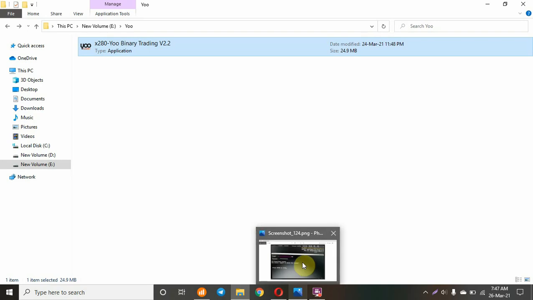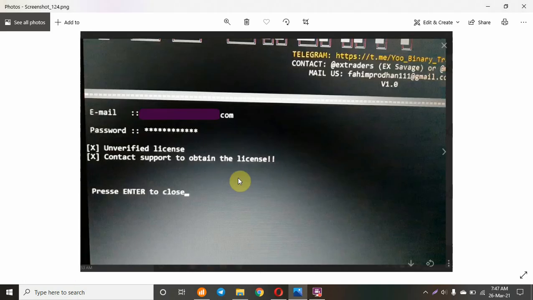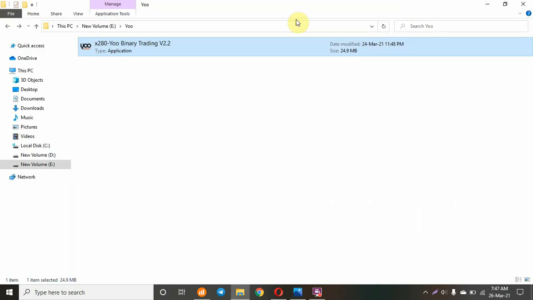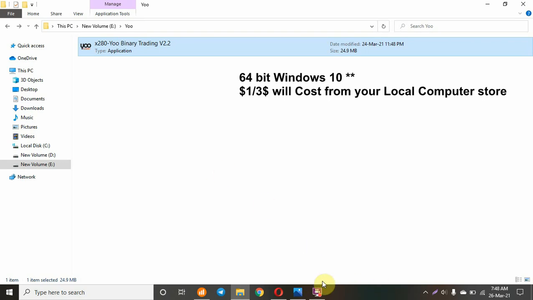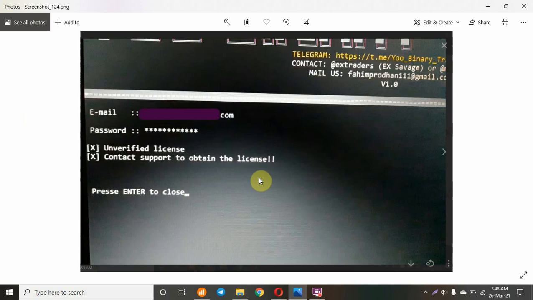So sometimes you will see something is not running. So why is it not running? So the first problem is your Windows is not 10. You need Windows 10 for operating this, and you need a 64-bit processor. It just needs $1 or $2 to get a new Windows, so that is simple. I hope you know about it. Another important thing is an unverified license, so you must contact us for a license.